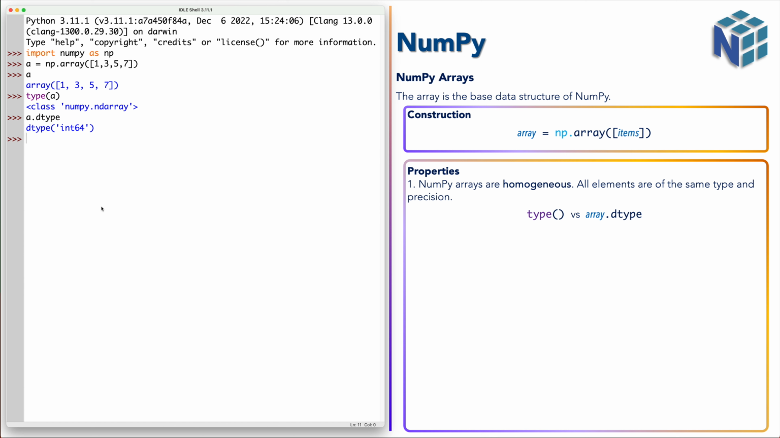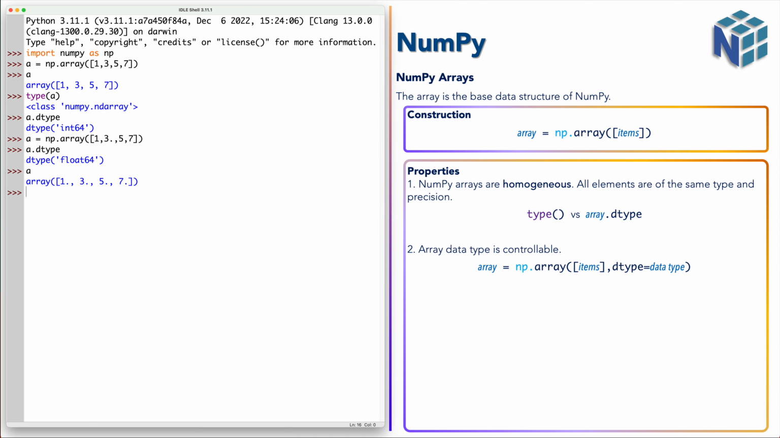This array has integer elements. Let's try this. Let's add point 2 to 3, for example. Let's check the type. So as you see, just by adding point 2 to one element, the whole array became a float array. If we check, this situation makes the types of elements controllable by adding the definition during the construction